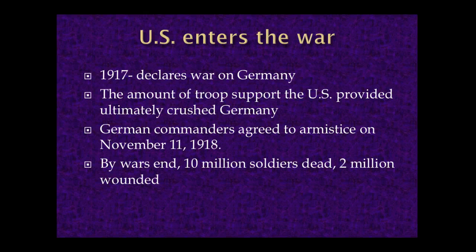Okay, so 1917, the U.S. enters the war because a couple things Germany's done. First thing is Germany has this policy of unrestricted submarine warfare where they are sinking any ship in British waters without warning, and they end up sinking a passenger cruise liner called the Lusitania that has like 100 and something American citizens on board. And this gets the American public all riled up, but not enough really to declare war on Germany, because for the first 3 years of the war, the United States remains neutral and is profiting off of both sides. They're selling weapons and supplies to both sides of the war, but more so to Britain than Germany by 1917.